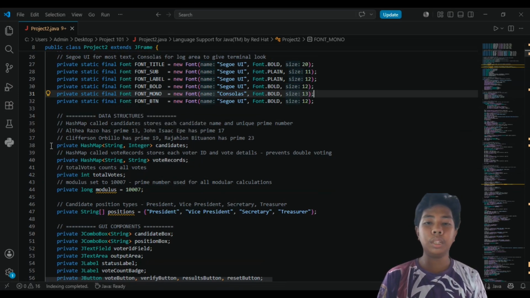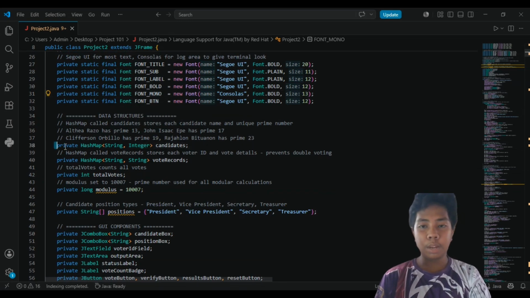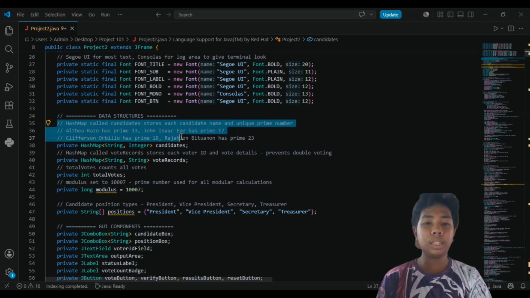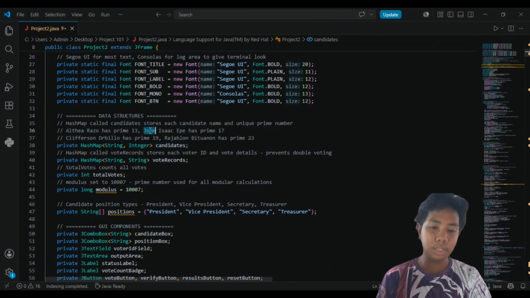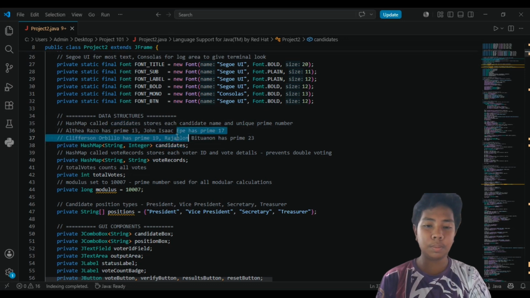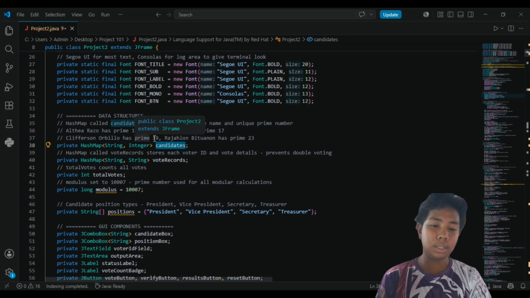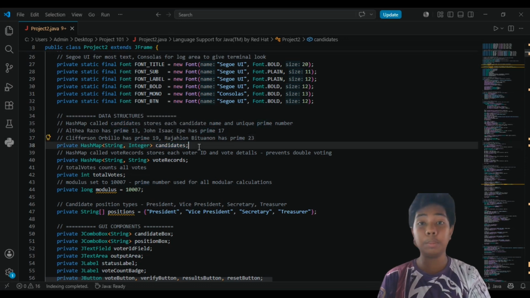Now let me show you the data structure. We have a hash map called candidates. These store each candidate's name and their unique prime number. For example, Althea Razo has prime 13, Janessa Sakepe has prime 17, Clipperson Orbilio has prime 19, Rejalan Bitaan has prime 23.